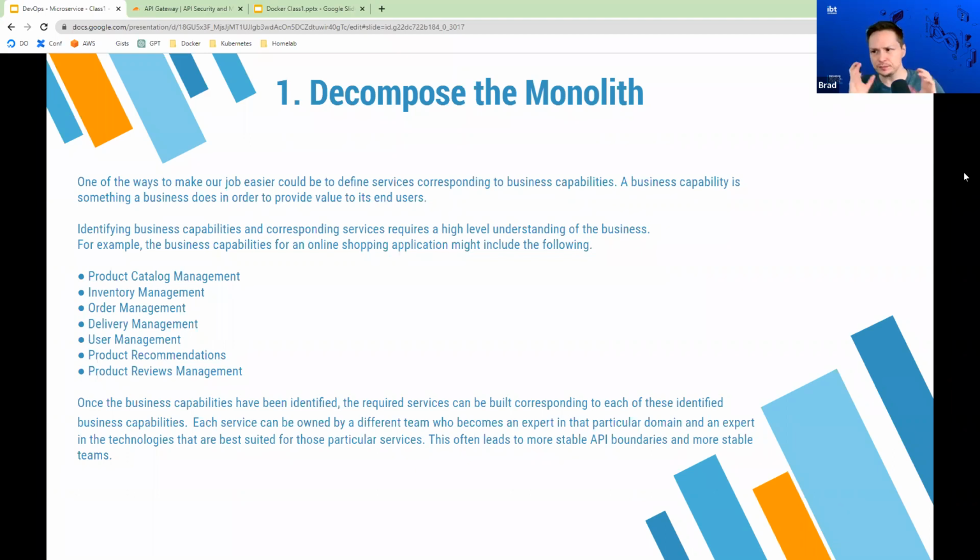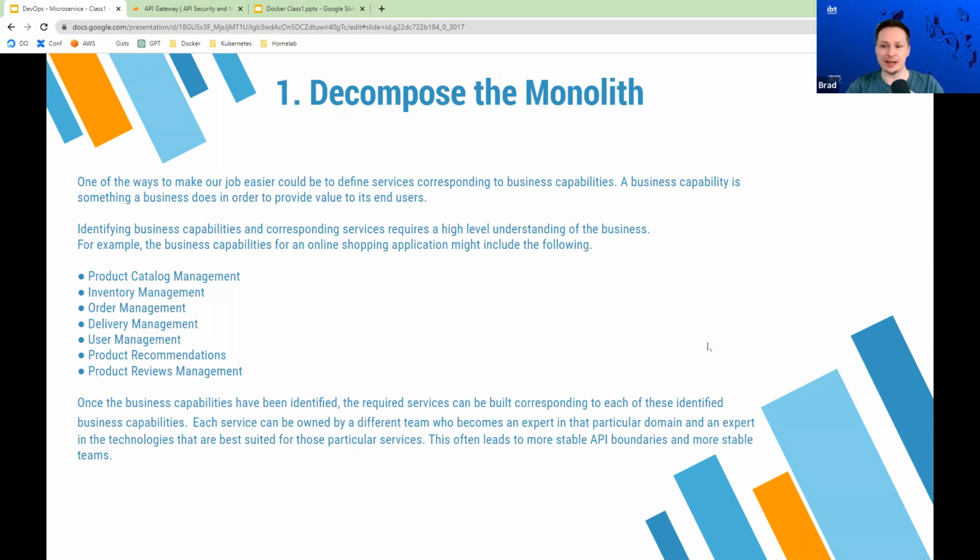We usually do this by breaking out the business capability and the business logic. So it gives some examples here. You could have the product catalog management, the inventory management, order management, delivery management. Basically, this application has all the different components and breaks them down separately.